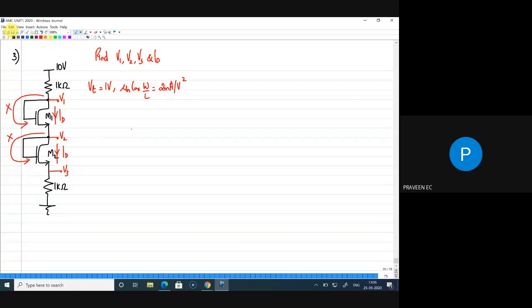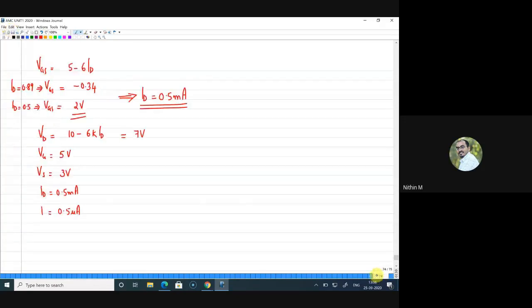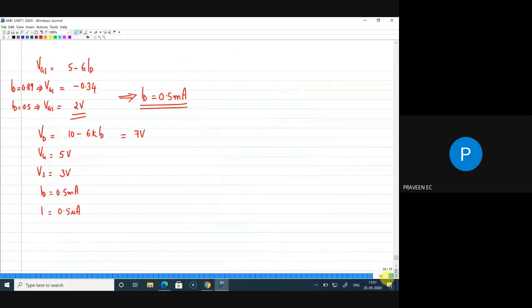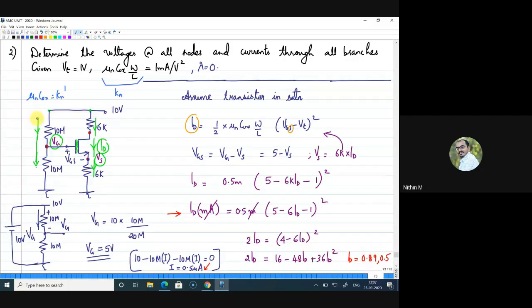Sir, will you show the previous question, sir? Sure, sure. So there in the answer, how did you write that 0.5 microamps, sir? Oh, this one. In the final answer, you wrote 0.5 microamps, I is equal to. Which I? I on the input side, this current. Yes, sir, how to calculate that one? Oh, right. That is what I have done here.